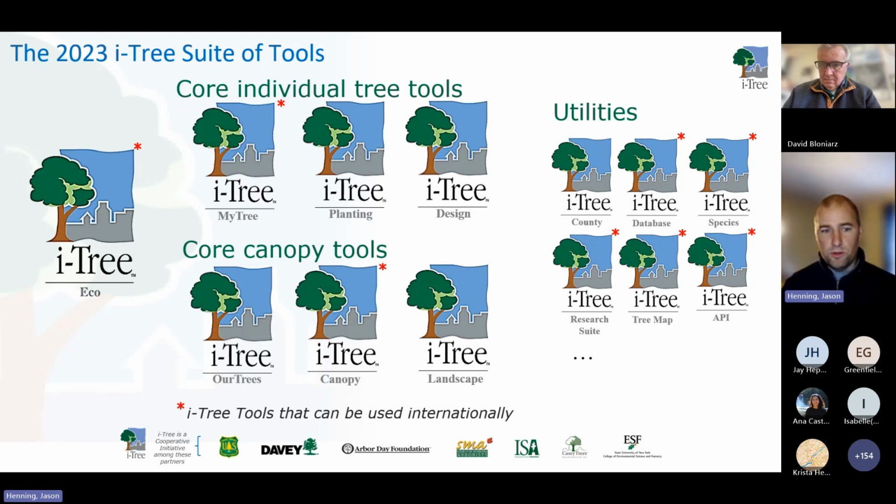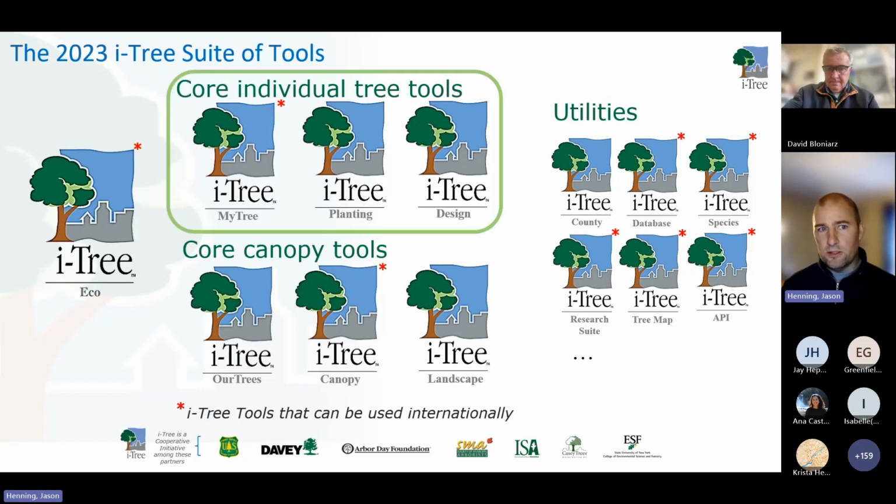And in coming weeks, we'll go through our other tools, especially those canopy tools, iTree Canopy in week 3 and Landscape in week 4. And then we'll come back to iTree Eco since it's that flagship tool with sort of the most science and most detail when you're entering data in there and using that tool. So again, these are the tools we're going to focus on today, these core individual tree tools of MyTree Planting